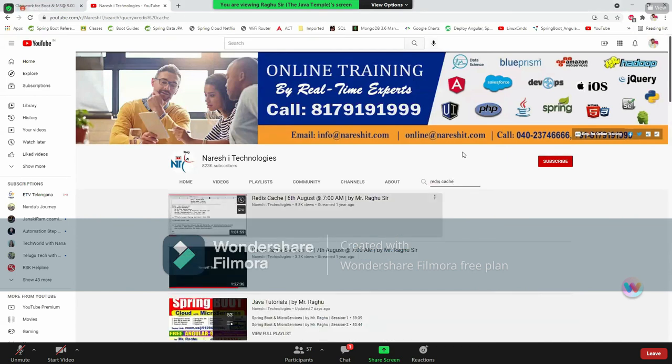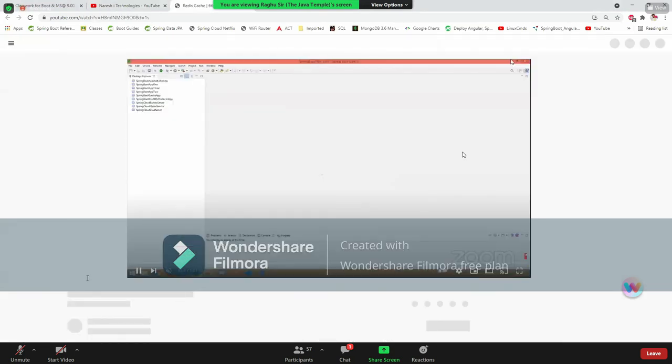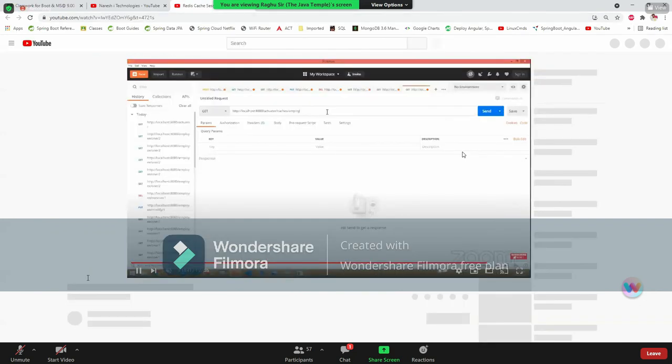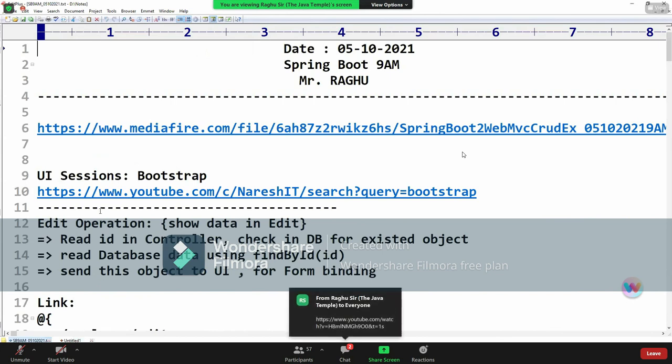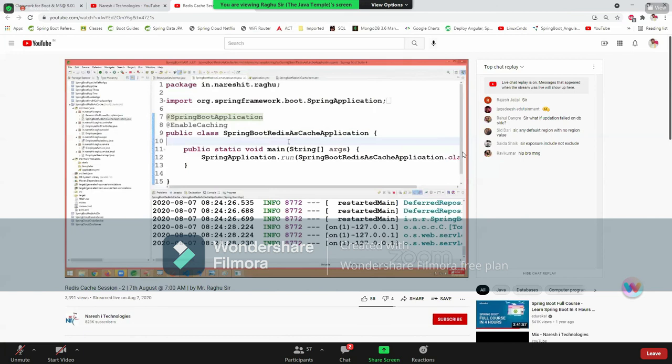My system name is this one, for example, Bank Muscat. Shall I give it in the chat box? Yes, click on that one. Or else you can go here and search with Redis and Raghu. Okay, fine. Thank you. This one you have to draw now and show me in the next class. Yeah, Raj Yadav, ask your question.